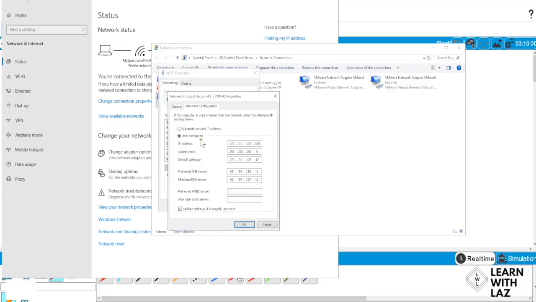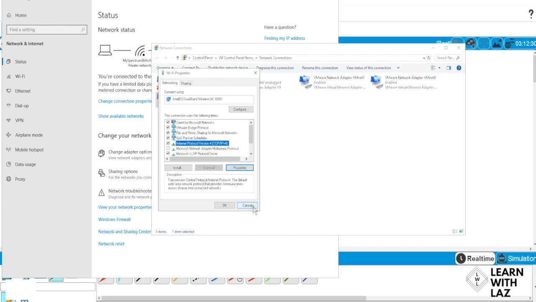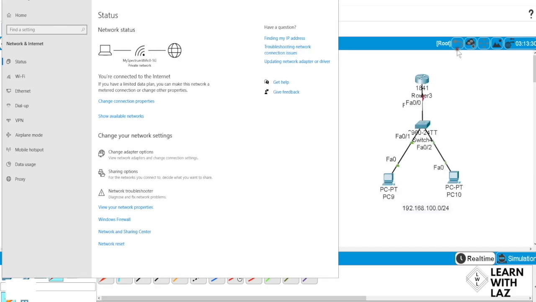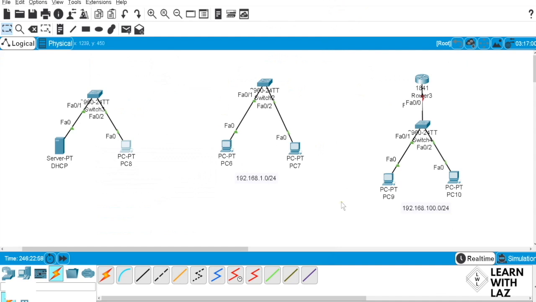You see that I don't have it for an APIPA, I have it for something else. So you can change your alternate setting in your TCP/IP properties for IP version 4 or IP version 6. Well, there is no APIPA in IPv6. There's an equivalent to the APIPA, which is the link local. But we're doing IPv4 now.